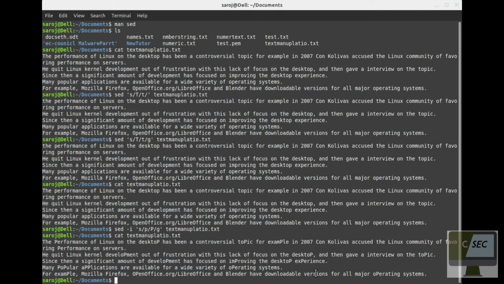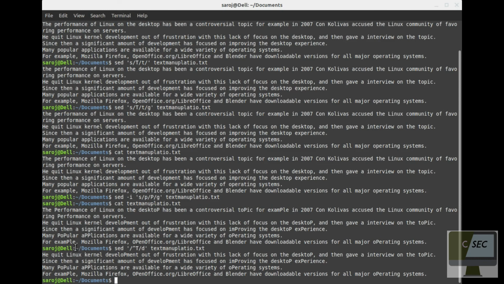Suppose I want to delete the given text in our text file, then I can do it through sed, then the double quotes, then what I want to delete. Suppose I want to delete those lines which start with the capital letter T, then D for delete, then I have to pass the text file name. So the command simply tells us to delete those lines which start with the capital letter T.